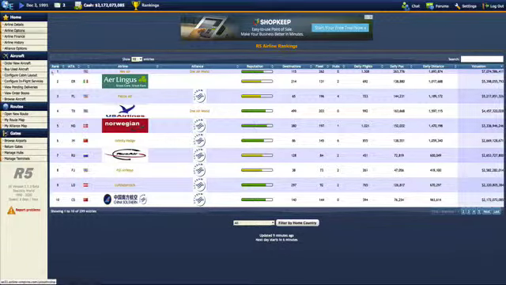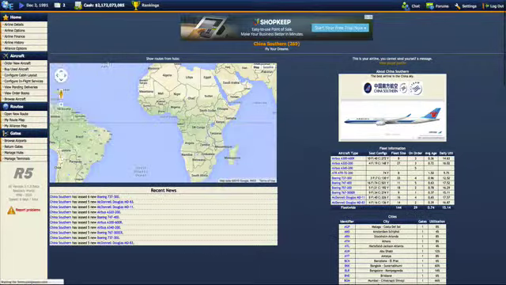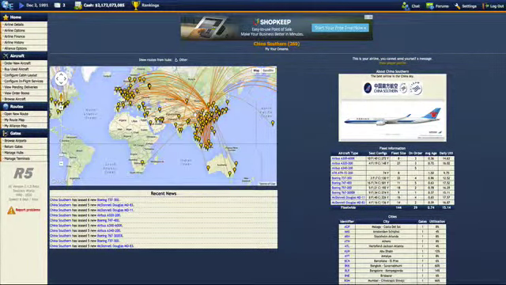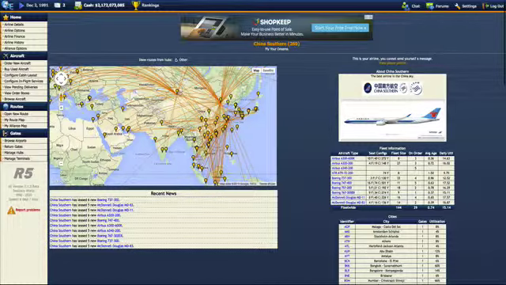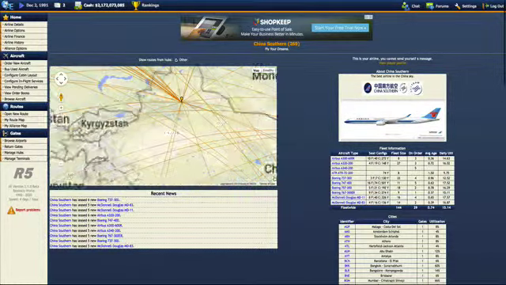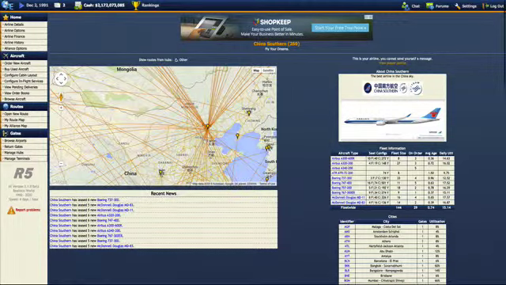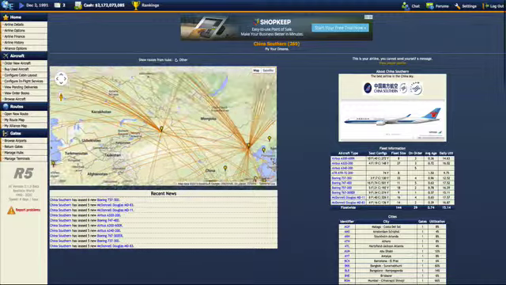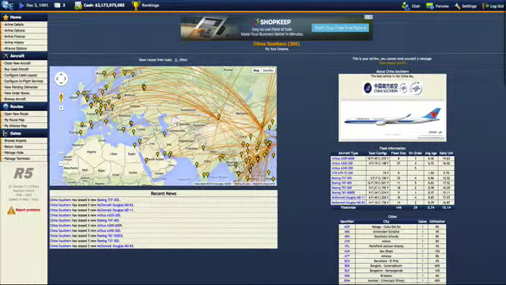China Southern, that's me. Click on the details, airline details. This is us right here. We are 10th. And basically what I've done is taken one of the main airports, which is this one, and the one in Beijing and Shanghai, taking a couple different ones there, and just started going crazy with all my destinations. Go back to the rankings